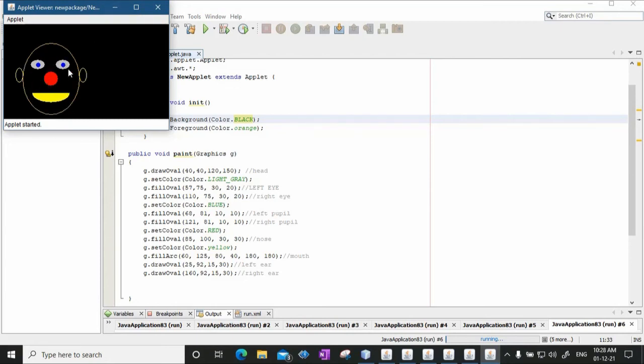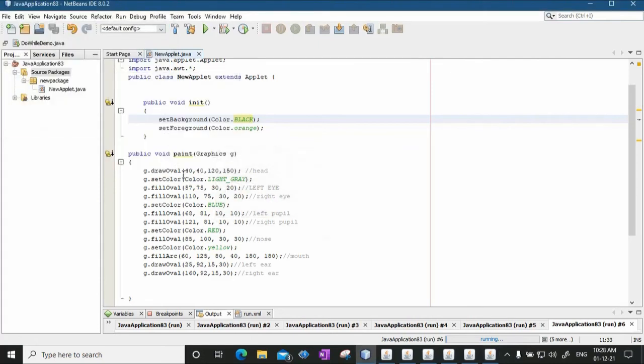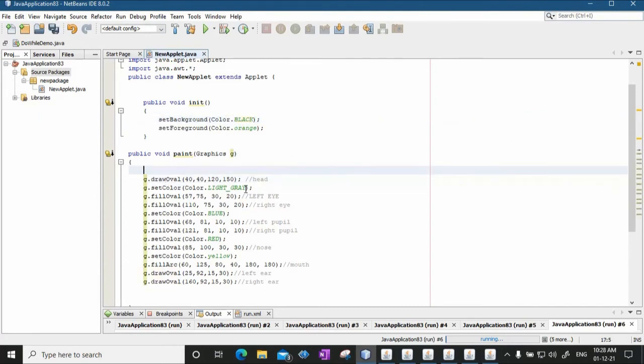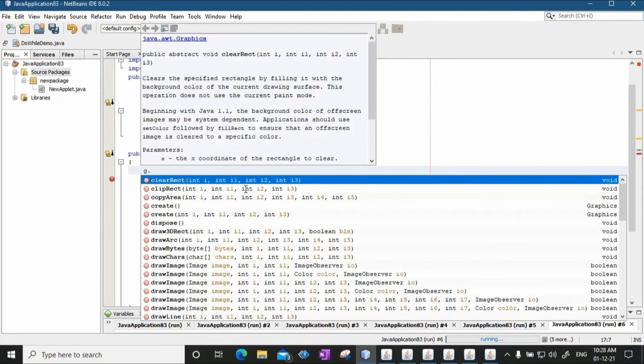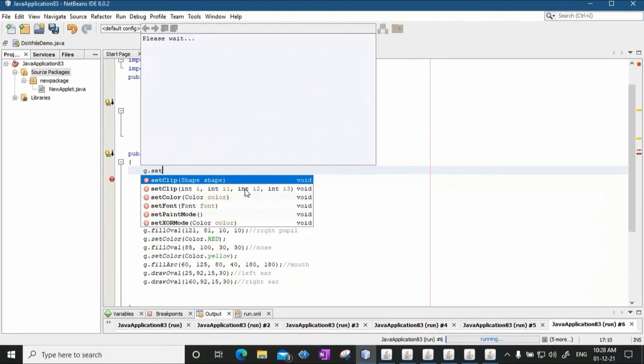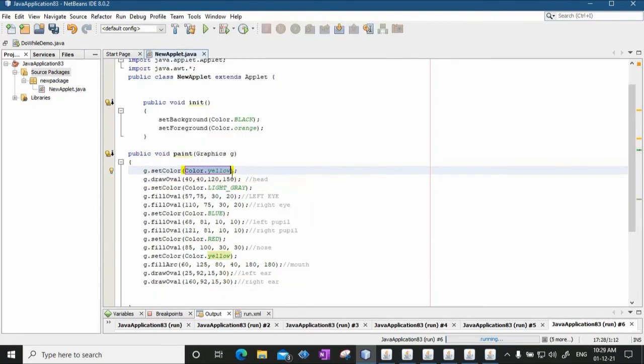the outer oval that represents the face. You can fill it with some color. Okay, so that also you can do. So for this head that we have drawn, we can just set the color. You can say G dot set color. Okay, there is no skin color over here, so you can use some other color.